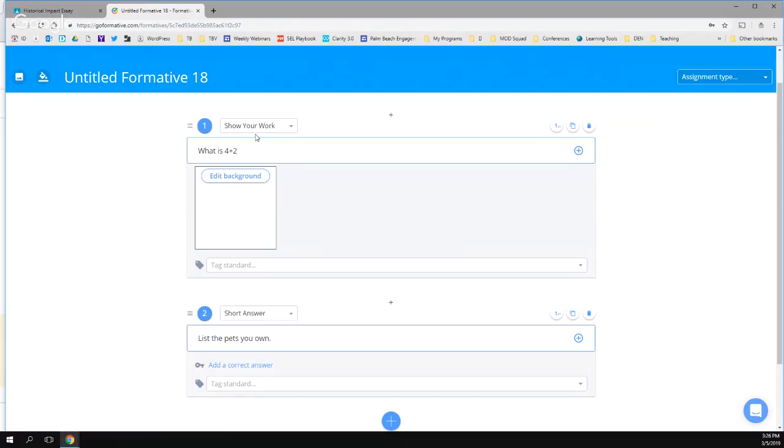Plus 2. And then what the kids would do, it gives them this white background, and then they would show their work. Let's say that's a very simple problem, but let's say you asked your first graders to model what 4 plus 2 looks like with counters or circles or stars. Then what they would do is go into that